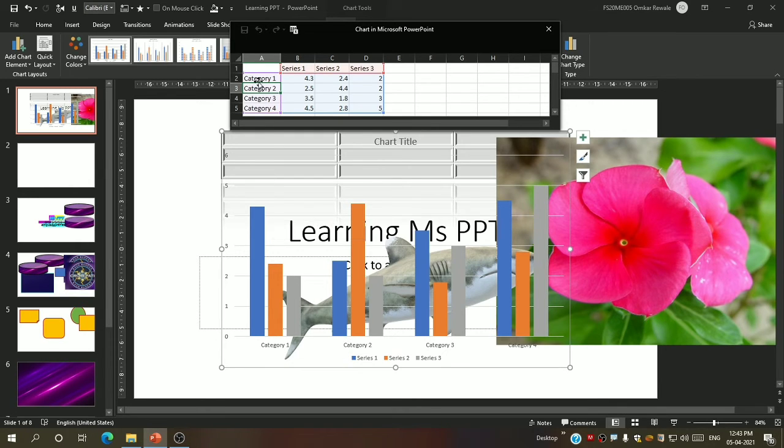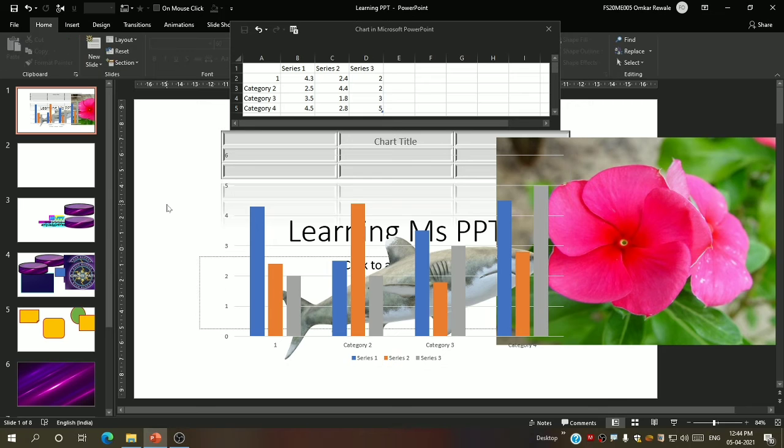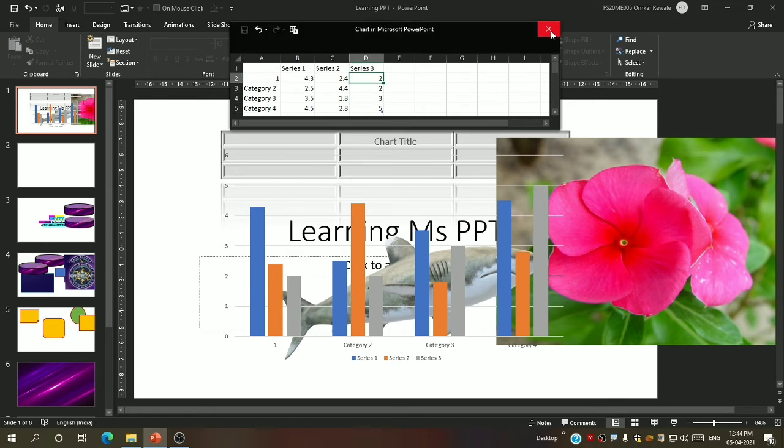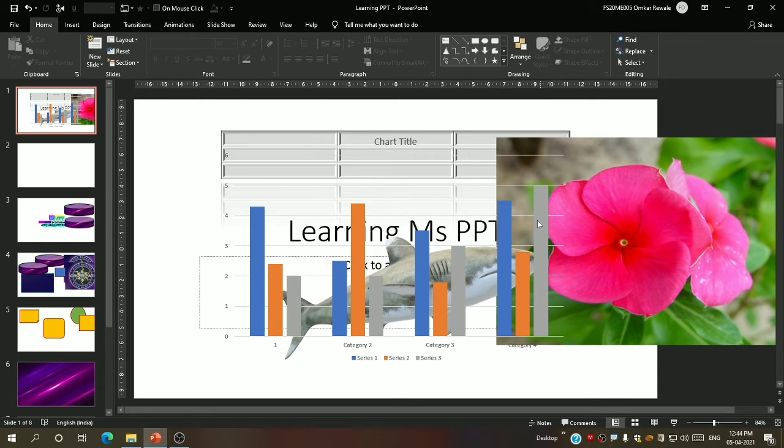I can also rename that from here. Let me just keep this as 1. Let me press enter and you can see it has changed to 1. You can also change these values, series 1, series 2, series 3. Okay, then you have to close this window and this is your graph.